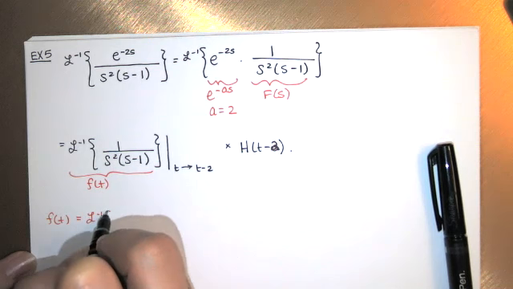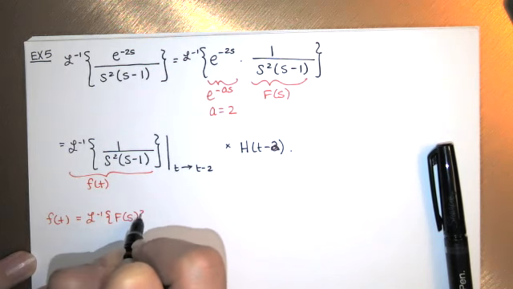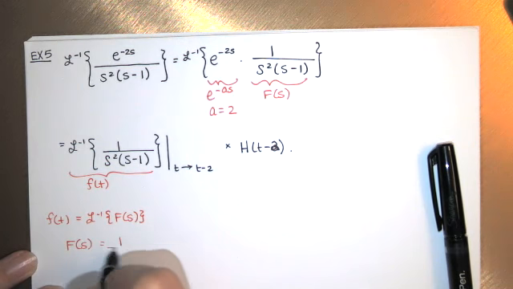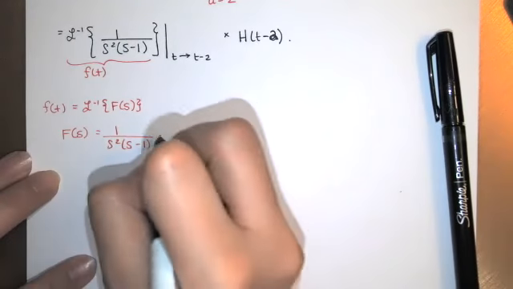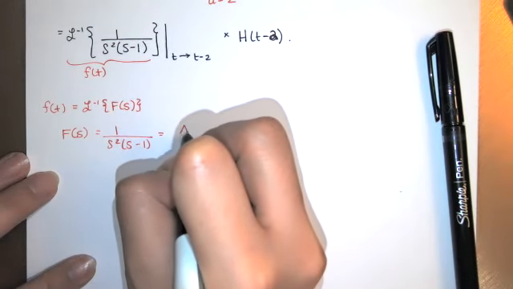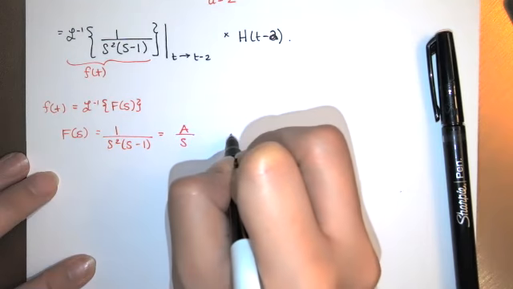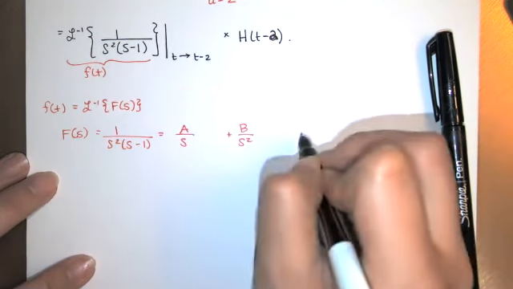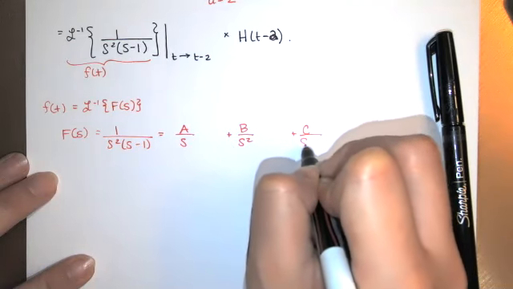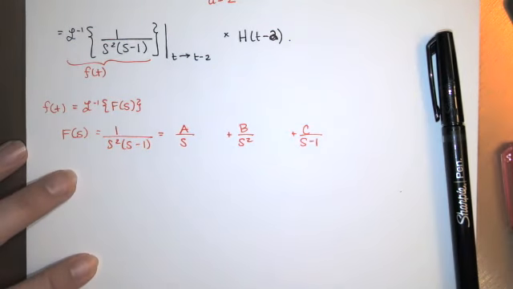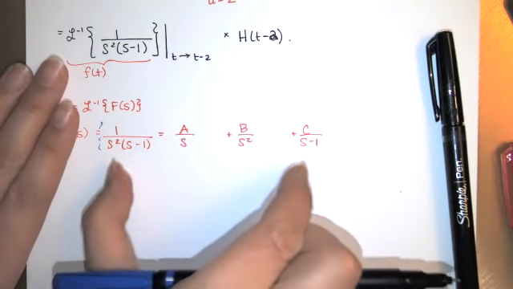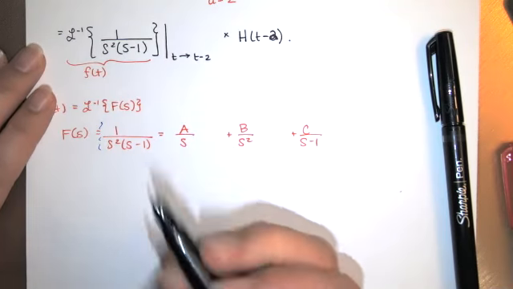is the inverse transform of F of s, and F of s is 1 over s squared times s minus 1. And we can rewrite that this way. This is a constant over s, plus a constant over s squared, because it's a linear factor that's repeated, plus a constant over s minus 1. And if I think of this as an equation, and I multiply by the LCD,